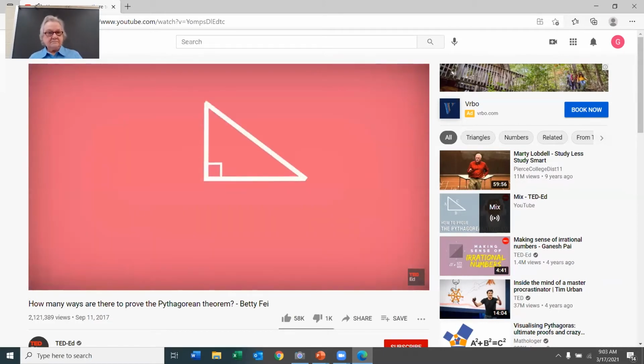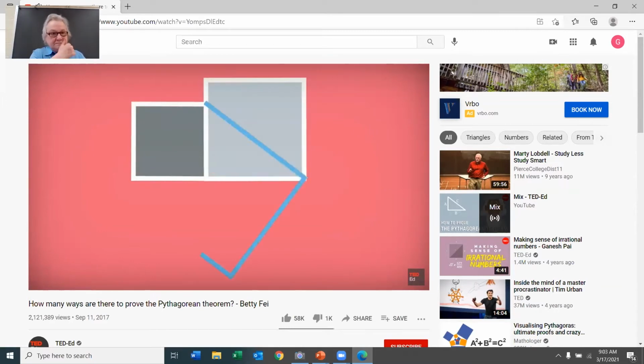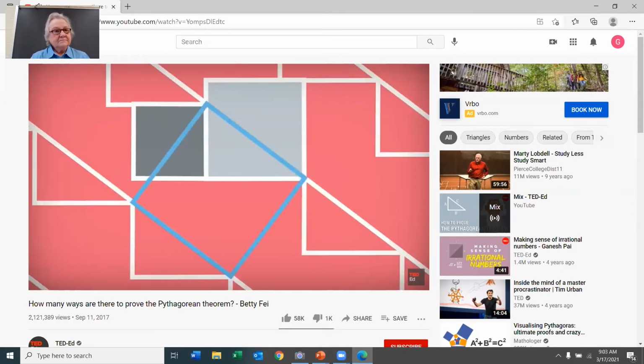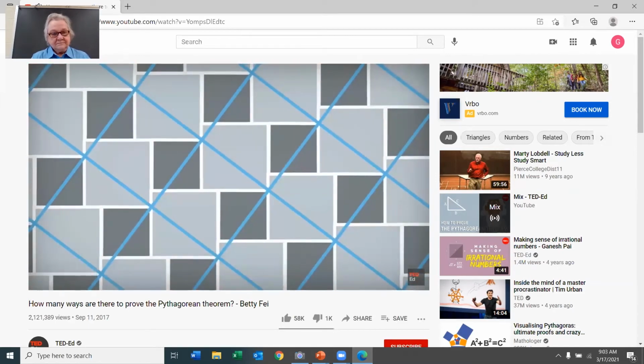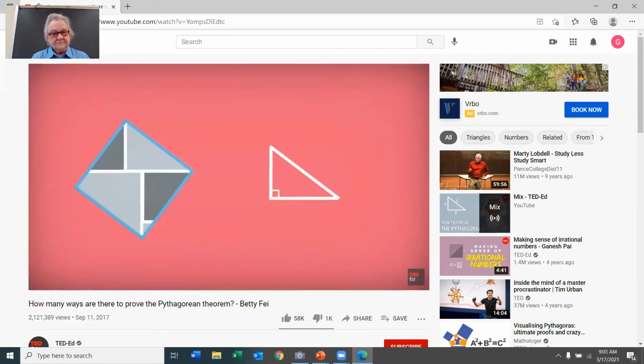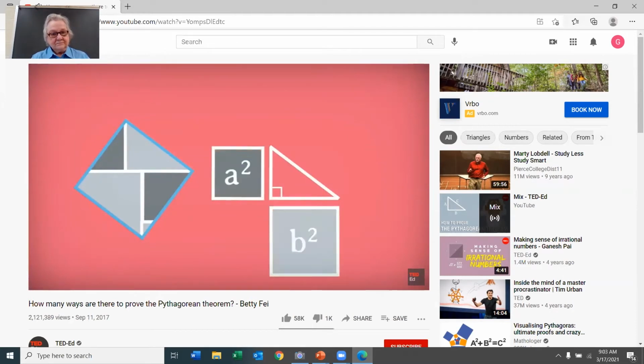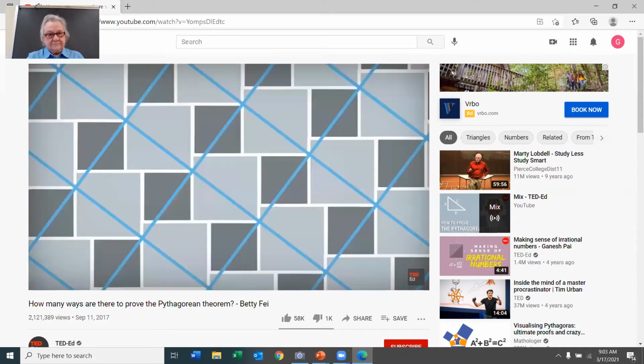Here's one that uses tessellation, a repeating geometric pattern, for a more visual proof. Can you see how it works? Pause the video if you'd like some time to think about it. Here's the answer. The dark gray square is A squared, and the light gray one is B squared. The one outlined in blue is C squared. Each blue outlined square contains the pieces of exactly 1 dark and 1 light gray square, proving the Pythagorean theorem